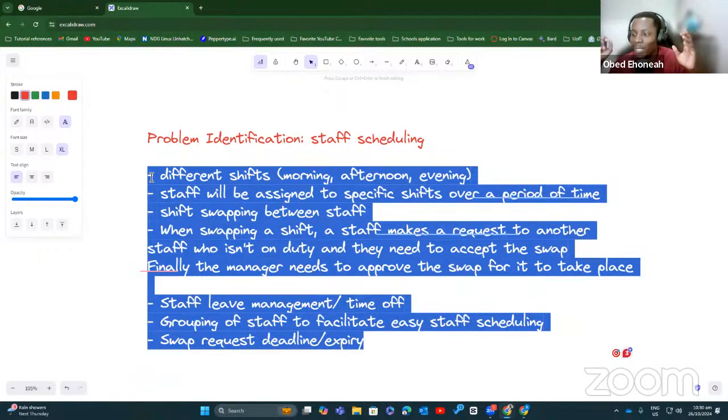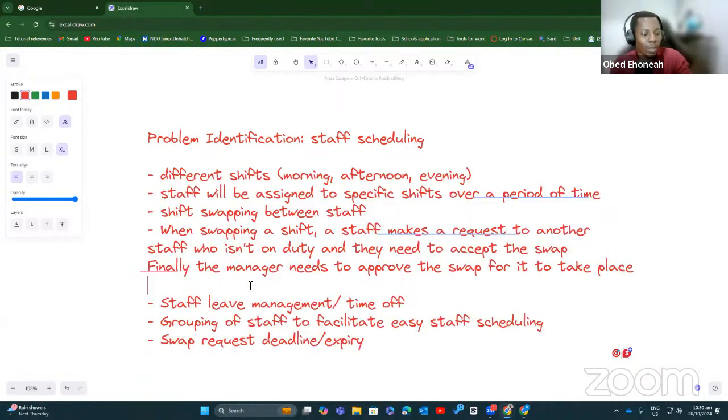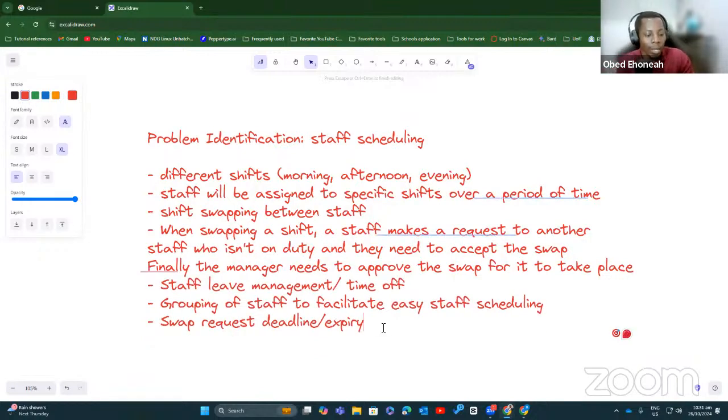Time at which staff report and leave. That's also very important. In fact, with the application that we are working on, it's one of the key things that we're going to look into. So staff reporting time and leaving time, like to track their attendance, sort of, right? So we can add it anyway. We don't have to have all the features built into our MVP, but it's very important. Let's say tracking staff attendance.